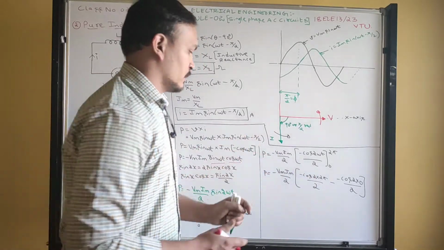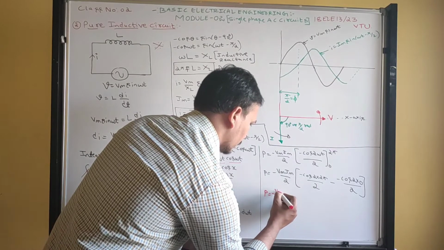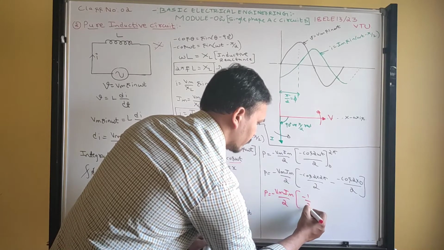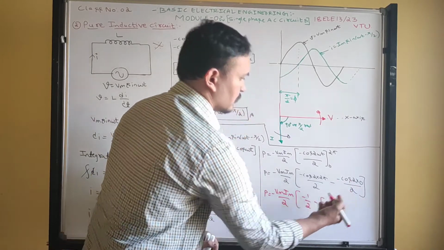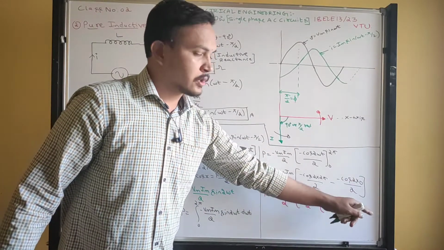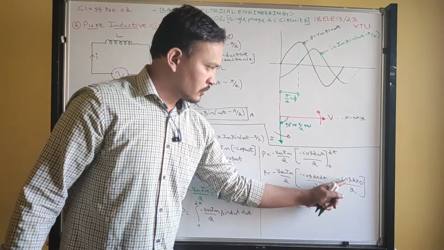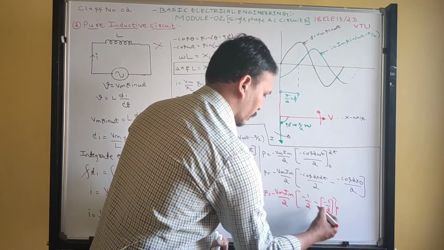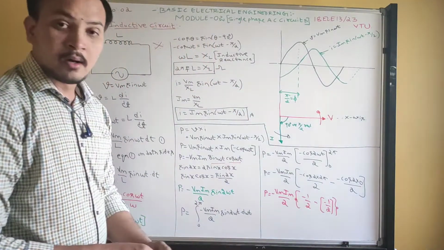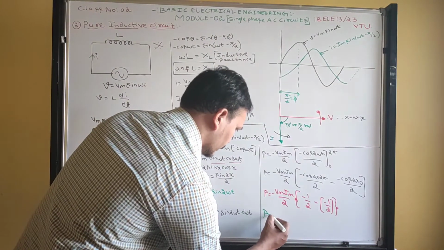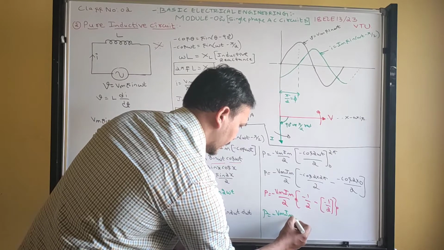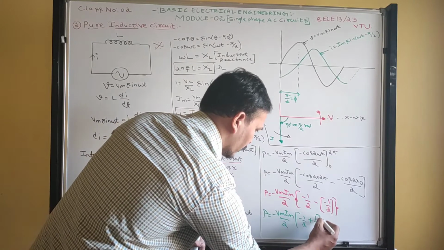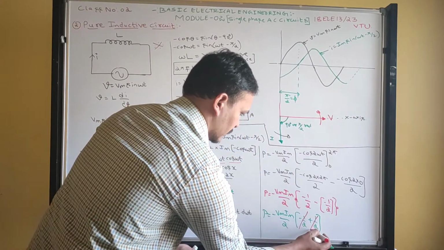So it becomes minus 1 by 2. Therefore now power is equal to minus Vm Im by 2 within the bracket. Minus 1 by 2 will be the first term and minus, think about another term, 2 into 0, 0. Cos 0 is 1. So minus 1 by 2. So this becomes minus 1 by 2. Now minus into minus, what happens? Plus. So therefore power is equal to minus Vm Im by 2 into minus 1 by 2 plus 1 by 2. What happened? This gets cancelled. So therefore,